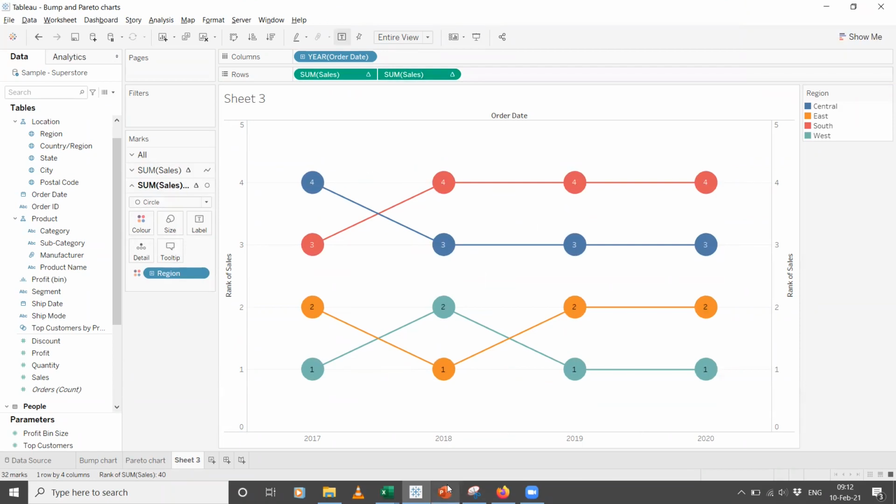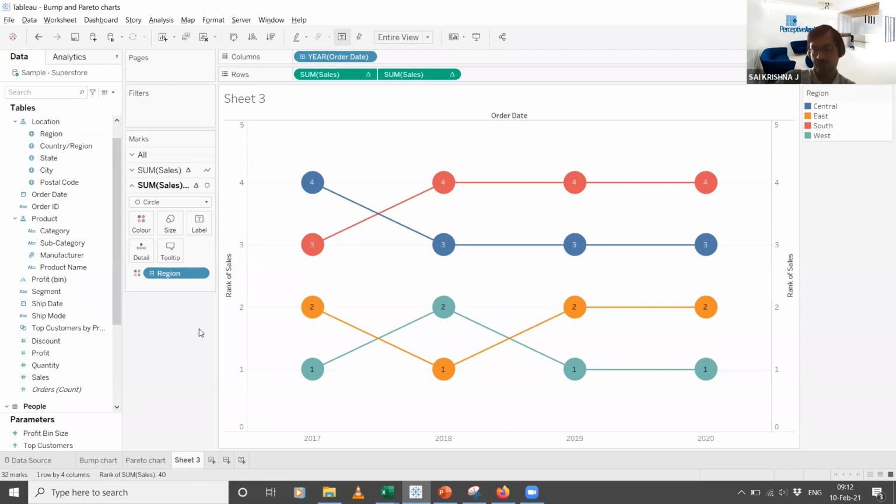Just to add to what I said, we have ranked regions by sales, and we are viewing the trend of the rank over time. Another scenario in which you can use this is, for example, the project that Akhil and I are working on right now, where we have the revenue obtained by each sales rep for a particular company. If you rank the sales reps by the revenue obtained, then you can see the performance of the sales reps, or the rankings of those sales reps, over time.